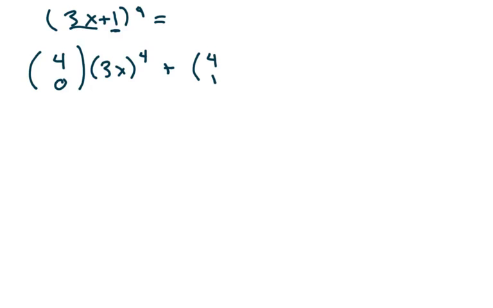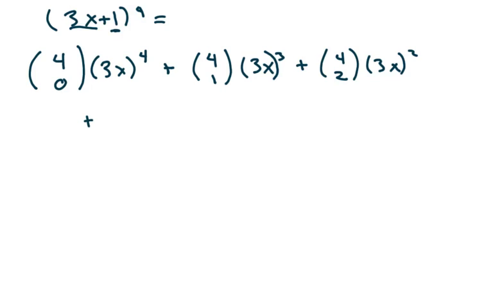So 4 choose 1, 3x cubed, plus 4 choose 2, 3x to the second power, plus 4 choose 3, this would be 3x to the first power, plus 4 choose 4,